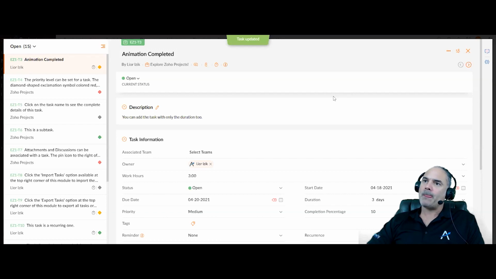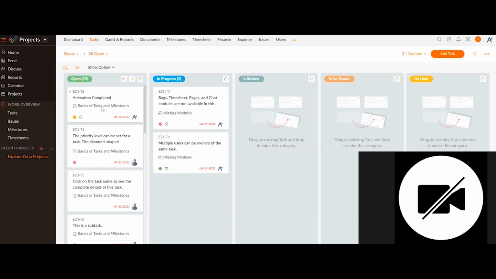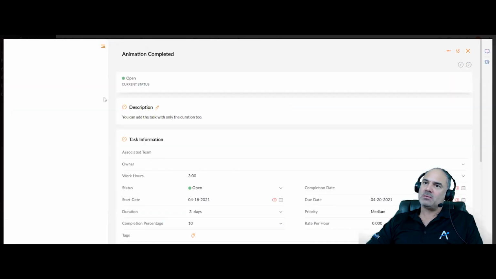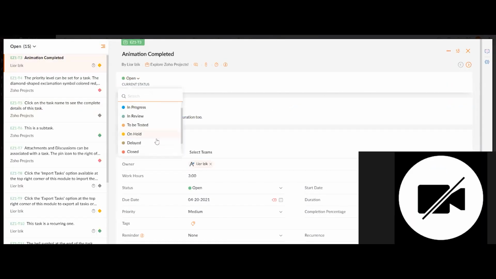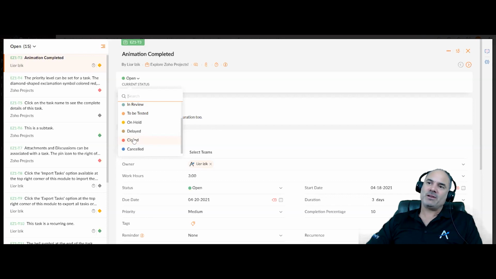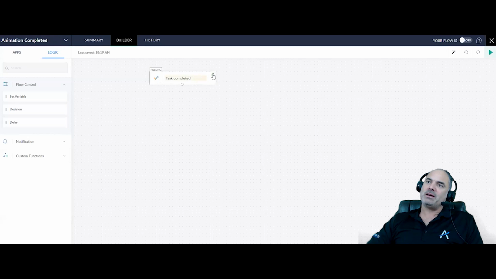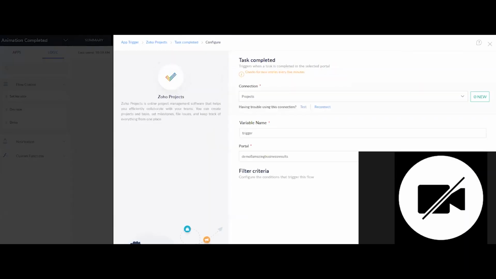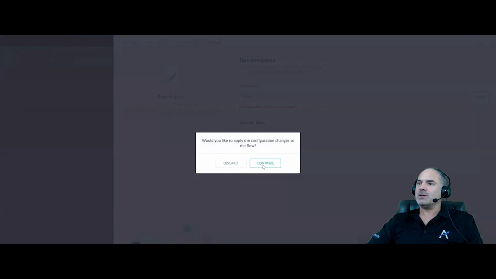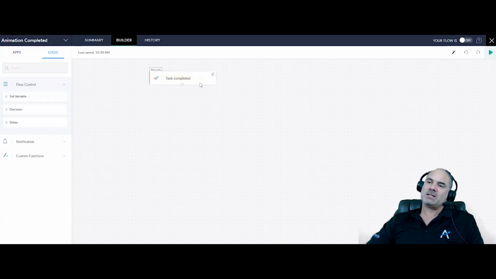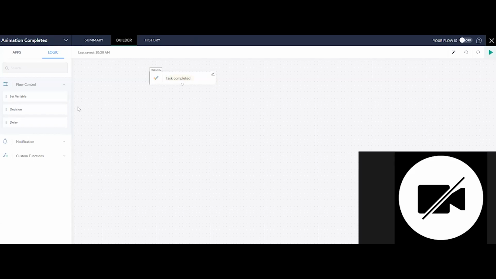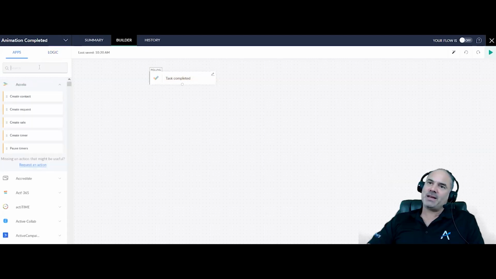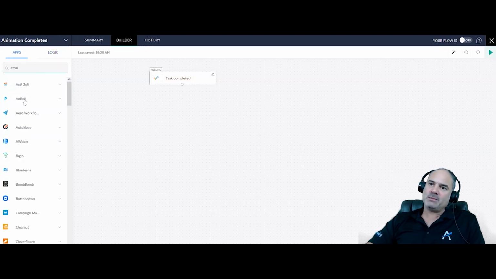When this task goes to stage closed, it means that you did it, right? So I'm creating here a rule, and the rule is that whenever this task is completed, then it will do something else.